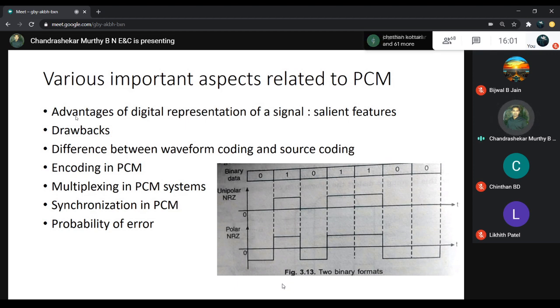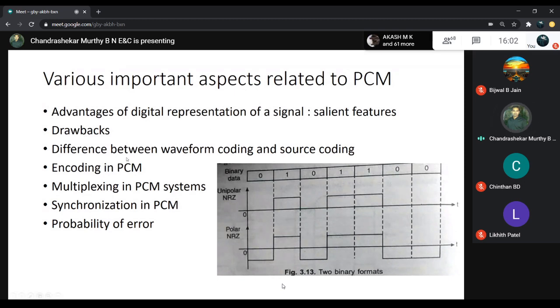In between, errors can occur, which can be overcome by some techniques, and then at the receiver we need to reconstruct by converting digital back to analog. That is why the complexity is more. PCM belongs to a class of signal coders known as waveform coders, because it represents the signal in terms of zeros and ones.